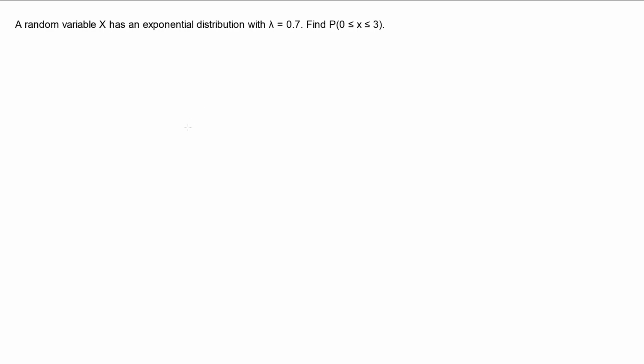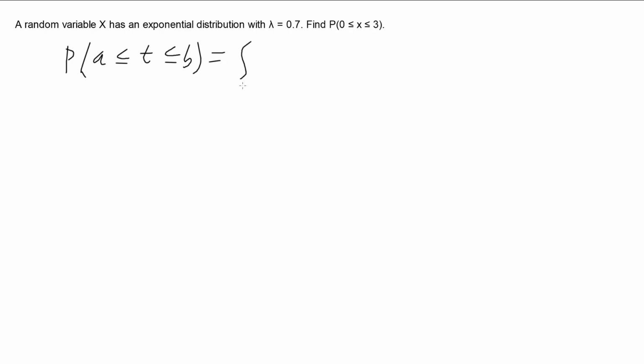Hi, in this video I'm looking at this problem where we've got a random variable x with an exponential distribution where lambda equals 0.7. And we want to find the probability that a value x is going to be between 0 and 3. Now, with an exponential distribution, we have the probability that our value lies between two numbers is